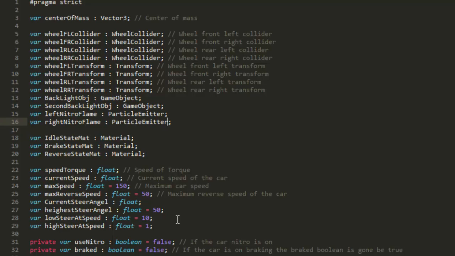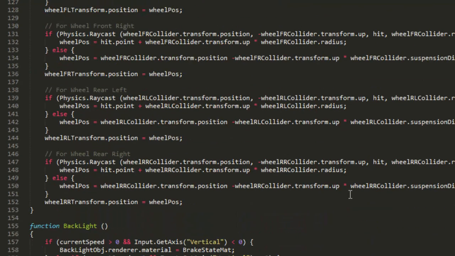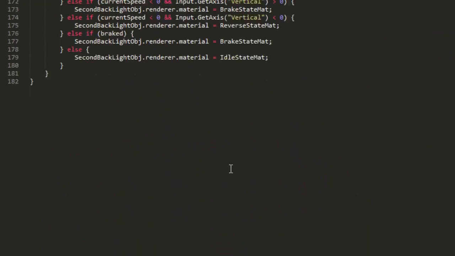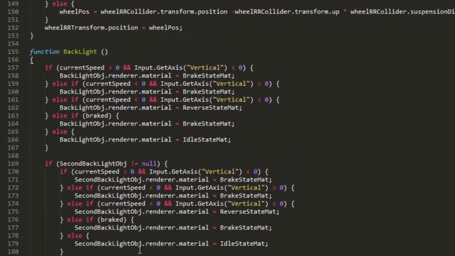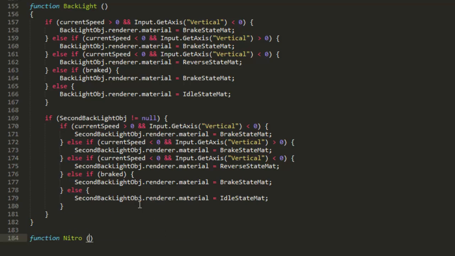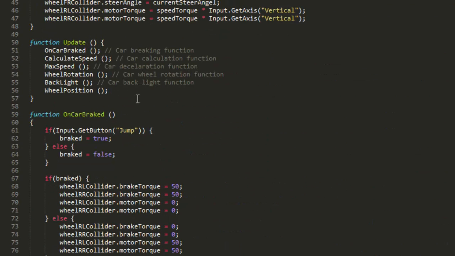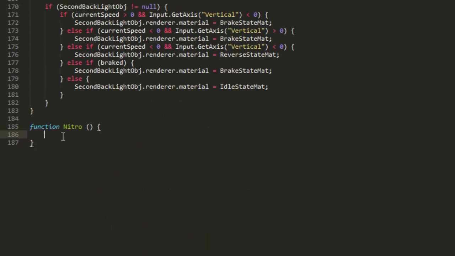So let's create the Nitro function. Go over here, function Nitro, and go to the update. Good. Go down again and type